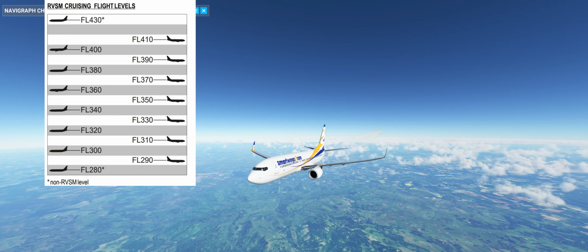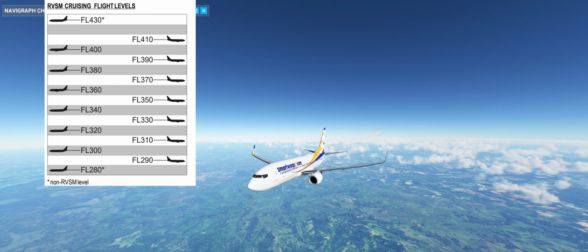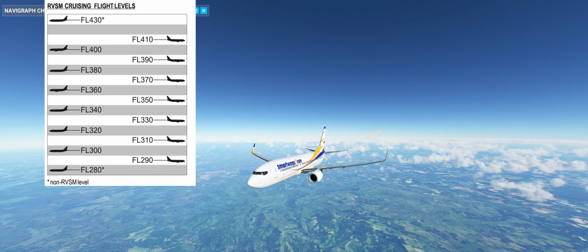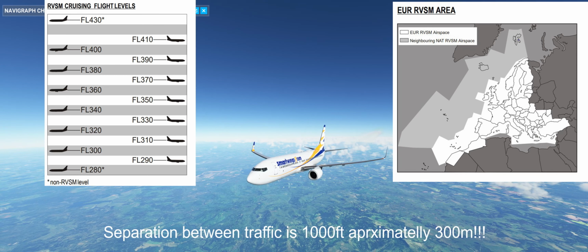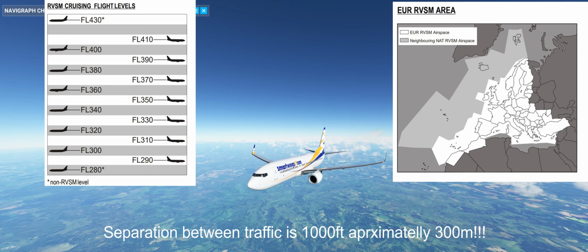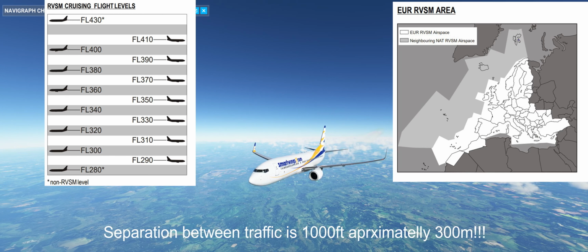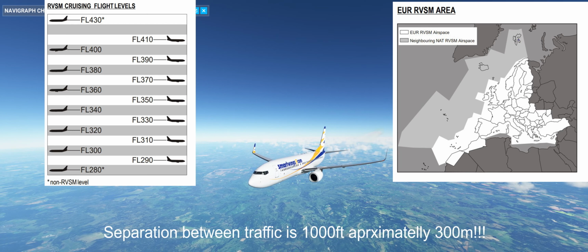So that means that RVSM airspace does not cover all of Europe, neither all of the globe. It's in some certain areas where RVSM airspace is applied. And what is RVSM airspace? That means that the